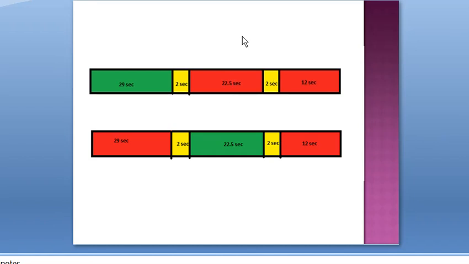Because in the university exam, the valuer may check only this phase diagram, since it is the final answer. So you should draw the phase diagram neatly and correctly mark the green time, red time, amber time, etc. You should mark these times here so that you will get full marks in the problem.